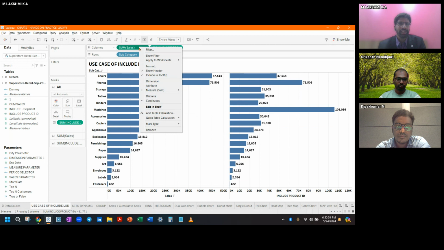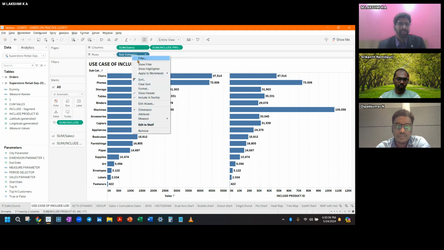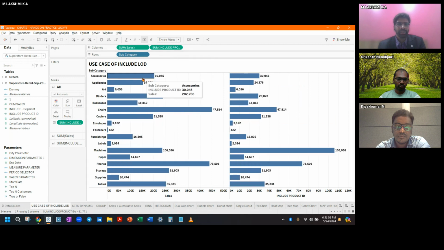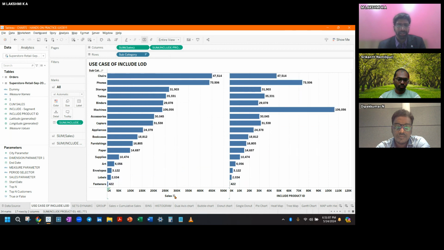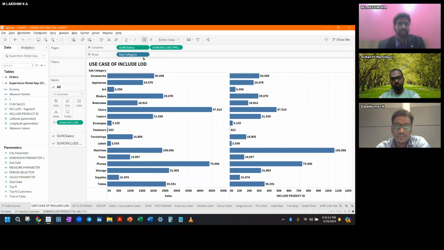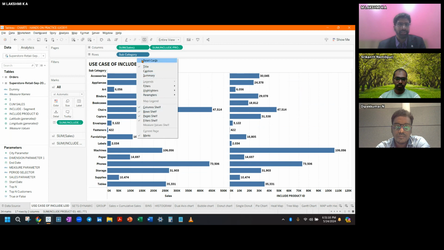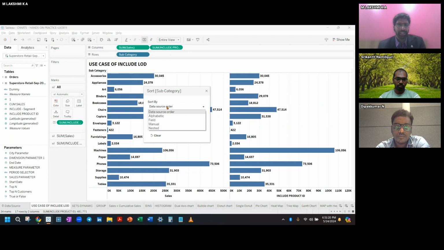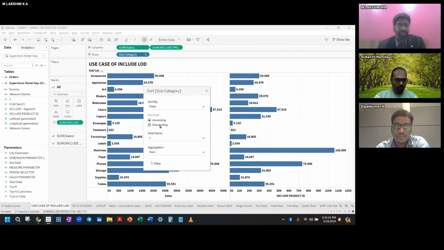So what I can do is right click on the dimension pill. You can clear the sorting, and you can use a small icon here which can sort, but again it's still the same. Even though you sort it like this, it's still the same way. So right now I've cleared everything on the sorting here. Go to sort. You can use data source order, or you can use a field in the descending,